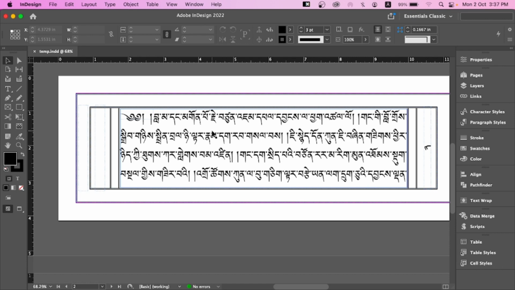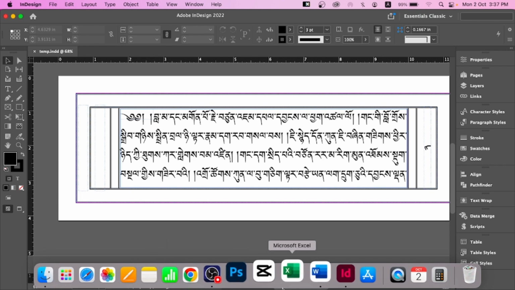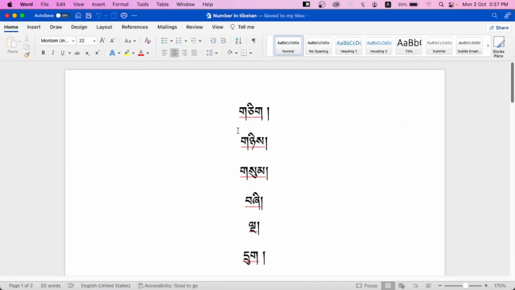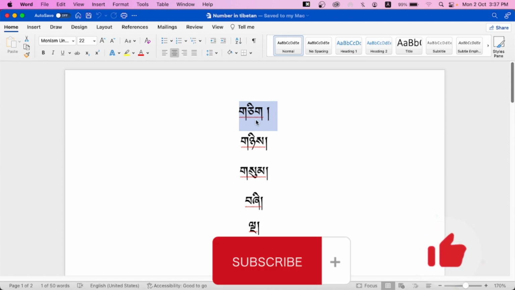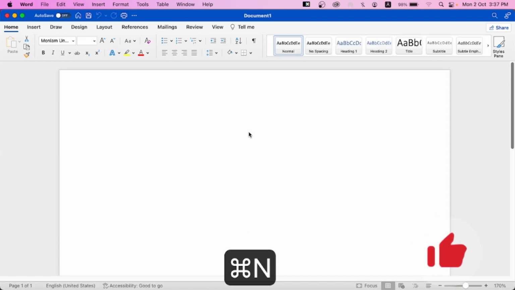If you have a MacBook, you can write it in Pages here, alright? Or you can write it in Microsoft Word. Now, you have to write it like this one, alright? Now, chi, ni, sum, shi, like this one. And then, size doesn't matter. You just have to put the text in the center. That's it, alright? So if you don't know what I'm talking about, I'll just press Control N,